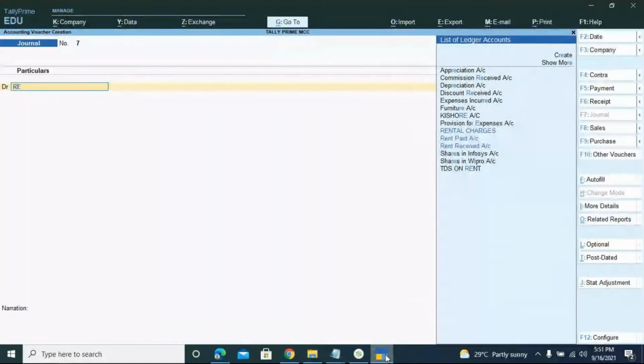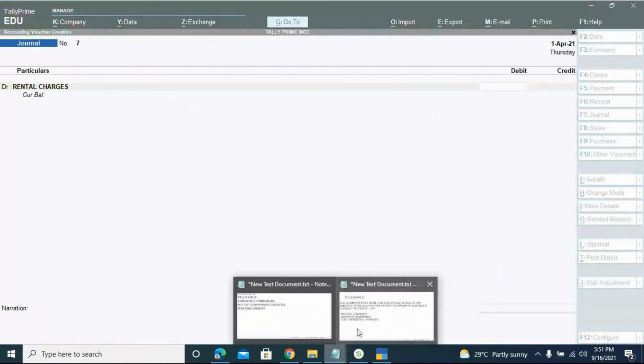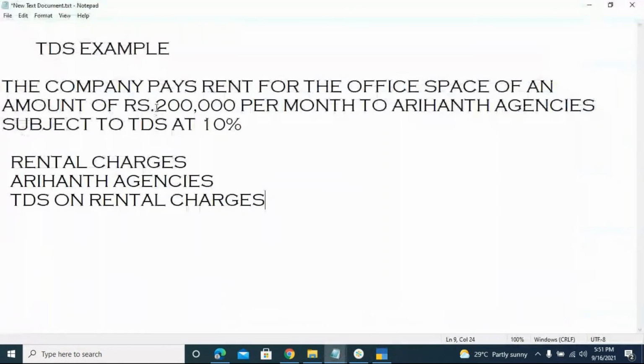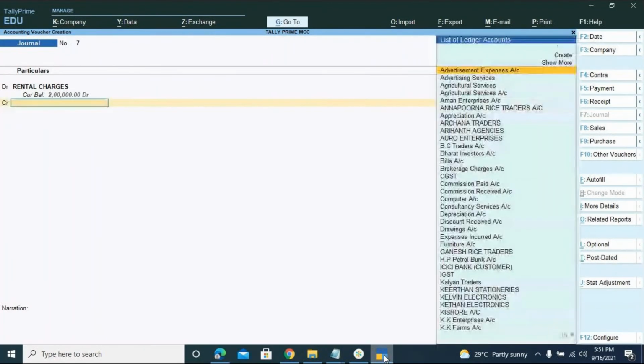Rental charges. So what is the total amount of rent which is given by me in the example? Total amount of rent is 2 lakh. So type 2 lakh over here, press enter. You get the credit, press enter. Now